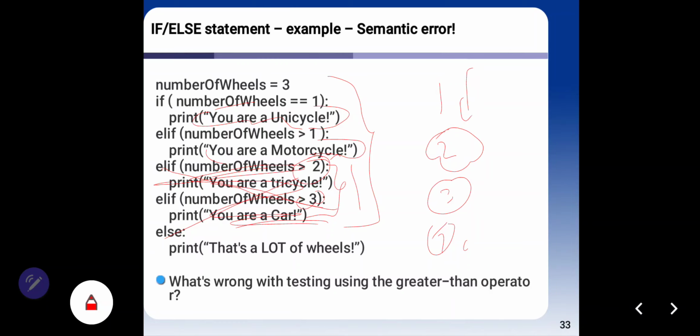And how to write this code correctly? Maybe if you have answered this, you can write the code correctly. Put your answer under this video.